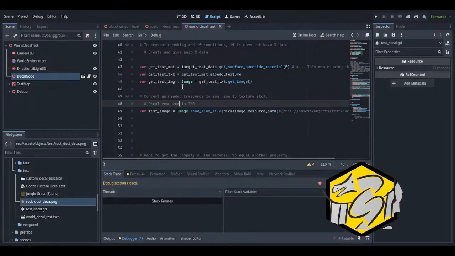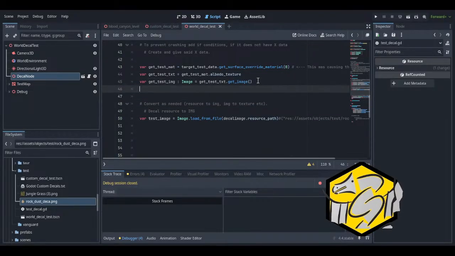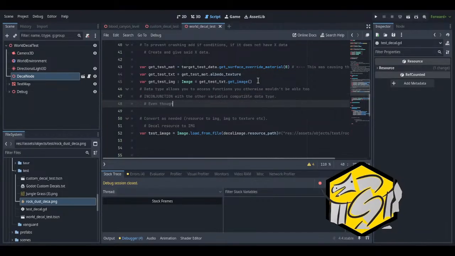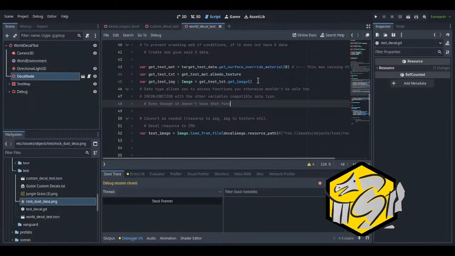I think because of the data type. The data type allows you to access functions you otherwise wouldn't be able to, in conjunction with the other variables, compatible type, even though it doesn't have that function.